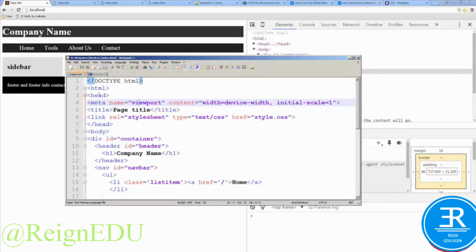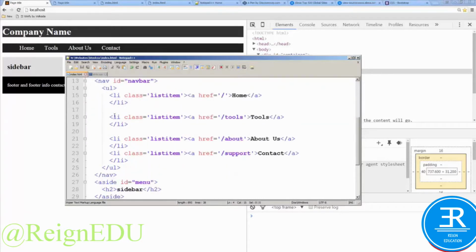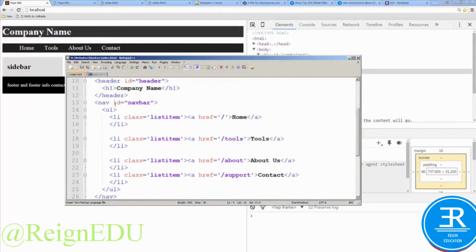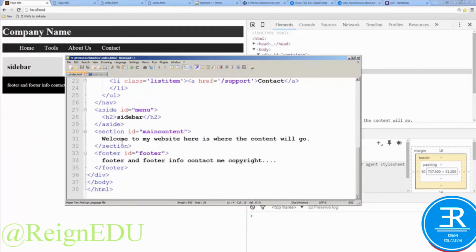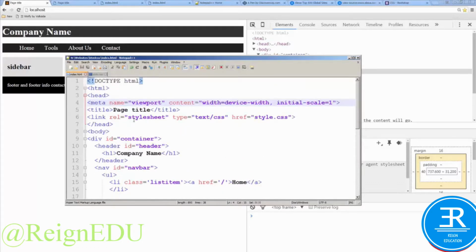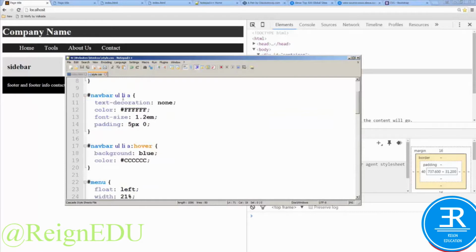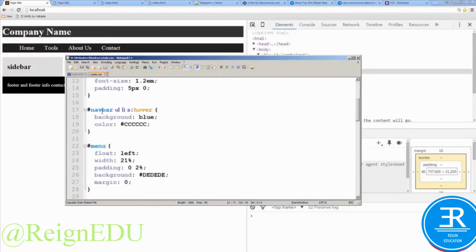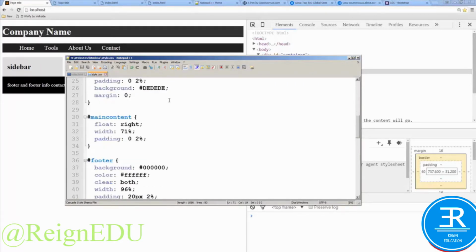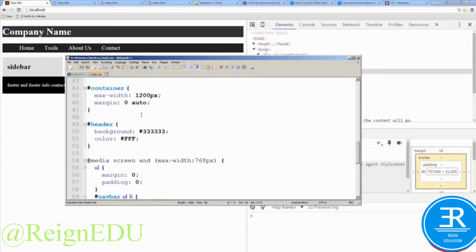So when we build out our HTML page, we're going to be adding in our navigation bar, header, side menu, content area, and footer. So this is going to be a typical website structure. And once we've built that out, we're going to begin to style it with CSS and really begin to make it look like an actual website and a web template that you can work with and build out more content on. So this is just the code for the navigation, the menu, the main content, footer,